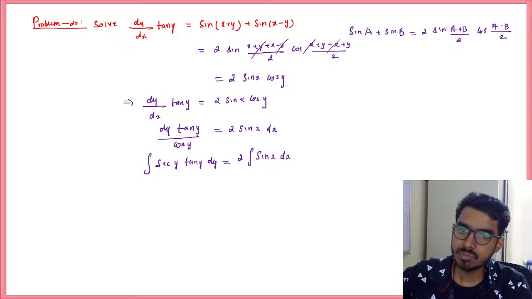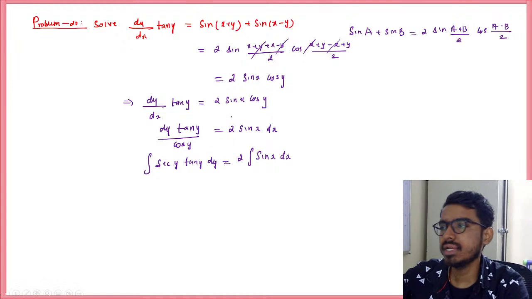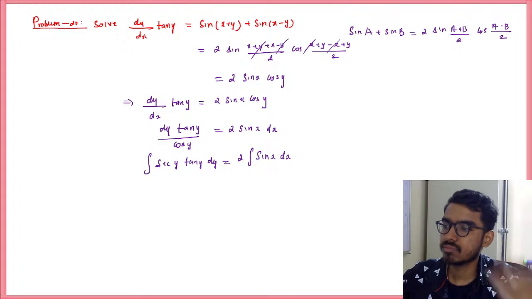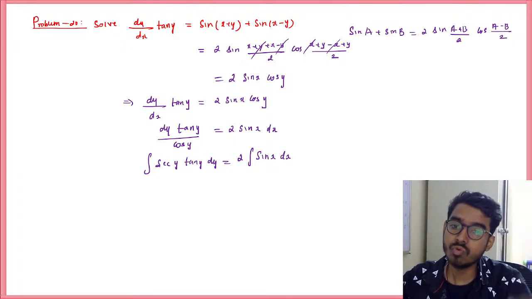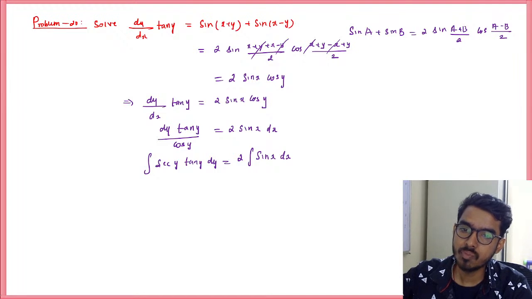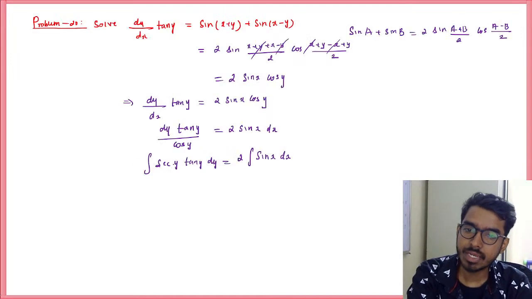Is there any way to simplify more? And next I can write tan by cos square. Secant y tan y dy, 2 sin x dx. Now we have to do integration by parts. I think you can do this, right? So integration uv minus integral v du. Any way to simplify this more? Secant y tan y. So I can write this